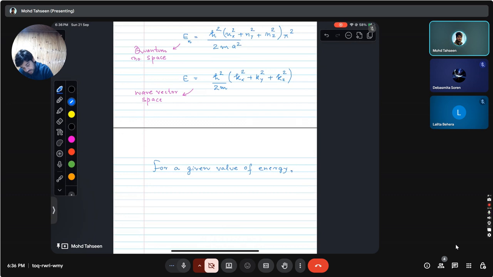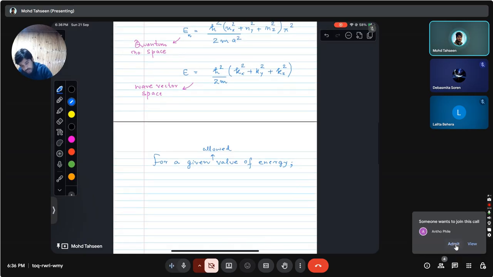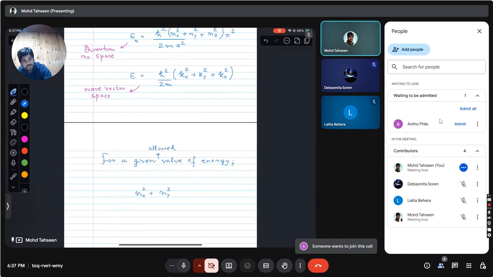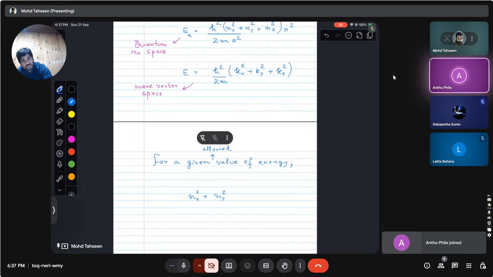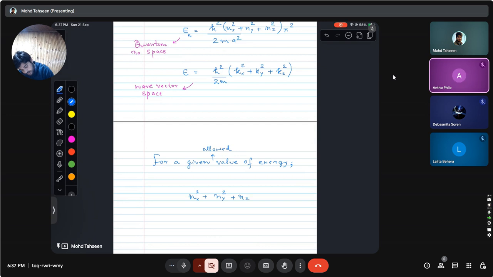Now let's say that, actually we should add that for a given allowed value of energy, we see that this sum nx square plus ny square is equal to constant,